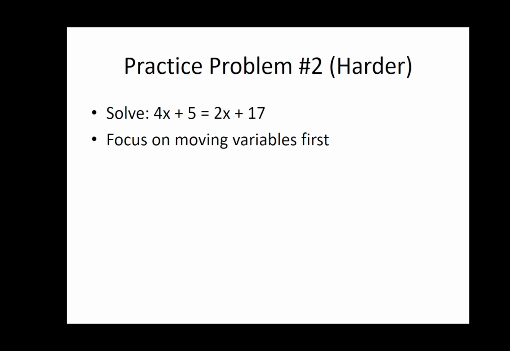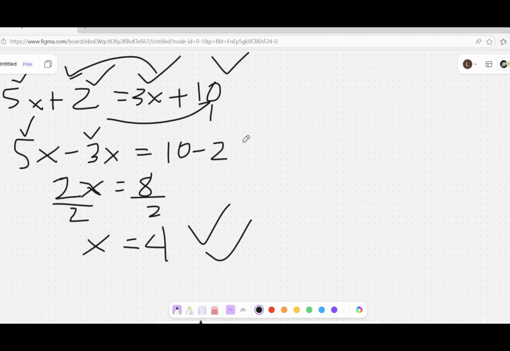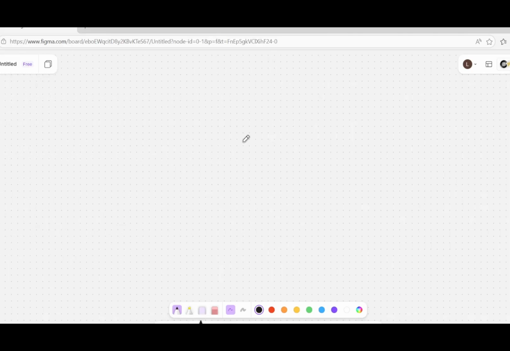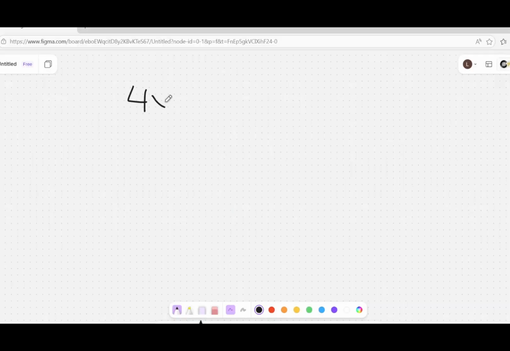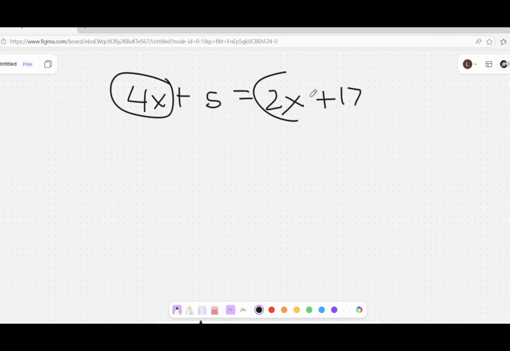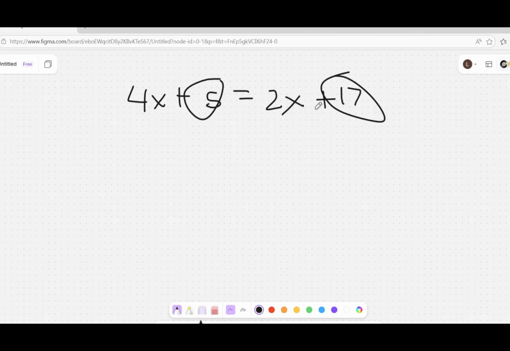Okay, so we'll solve this now, guys. I'll just rewrite the problem, and to erase the writings on the screen, let's rewrite this one. So 4x plus 5 is equal to 2x plus 17. Okay, so let's solve this one. What we need to do is combine terms. We combine this one and this one since they both have the variable x, and we combine 5 and 17 since they are just numbers, so they have no variables beside them.